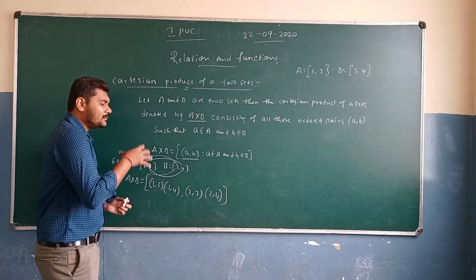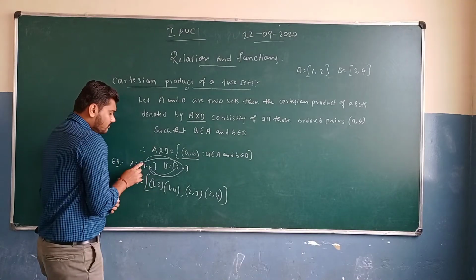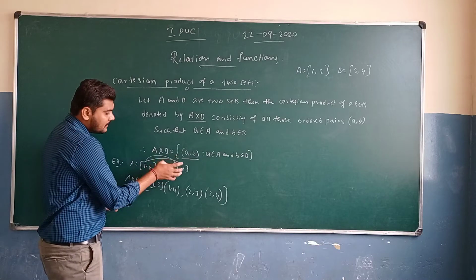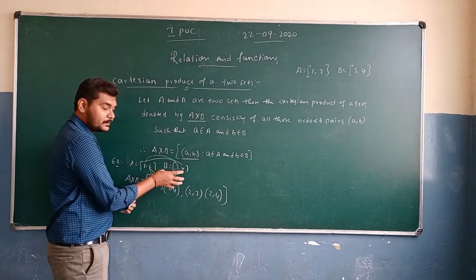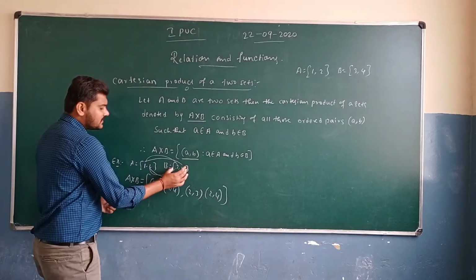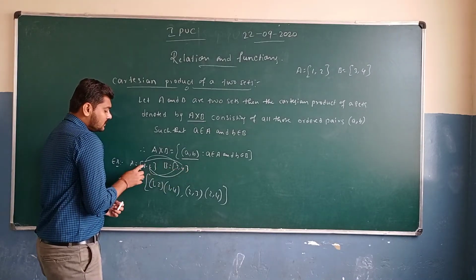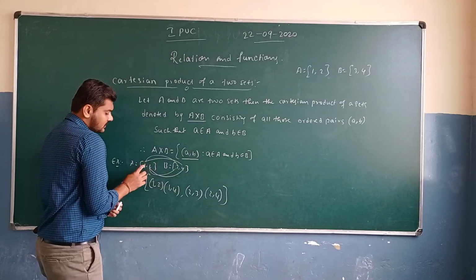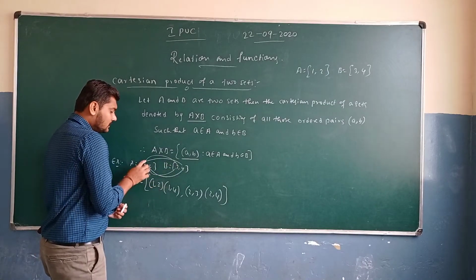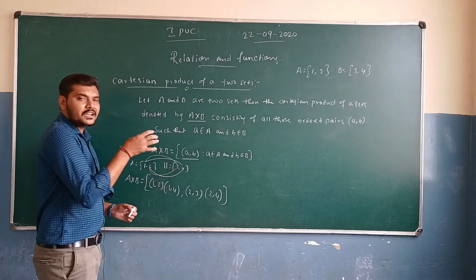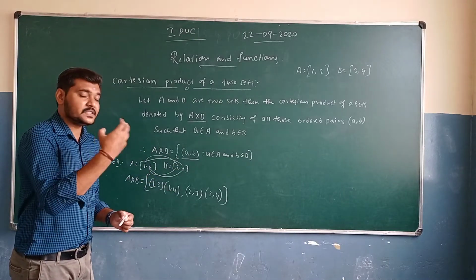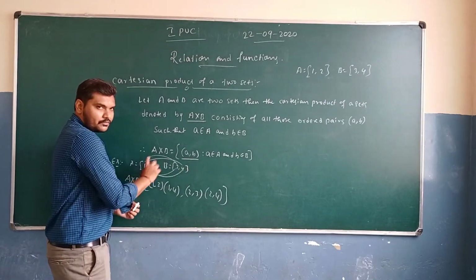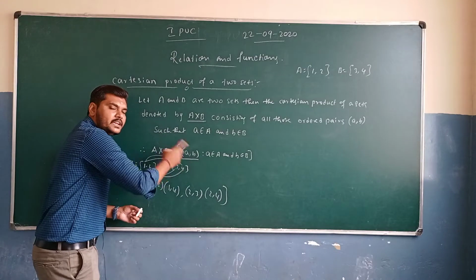So we are going to form an ordered pair in such a form that the 1 is going to form an ordered pair with the elements which are present in set B. So we have two elements in the set B, that's going to be 3 and 4. So this 1 is going to form an ordered pair with 3 as well as 4. So that's going to be 1 comma 3 and 1 comma 4. And suppose if we have 4, 5, 6, 7, 8 these elements in set B, that's going to be 1 comma 5, 1 comma 6, 1 comma 7, 1 comma 8, 1 comma 9, 1 comma 10.